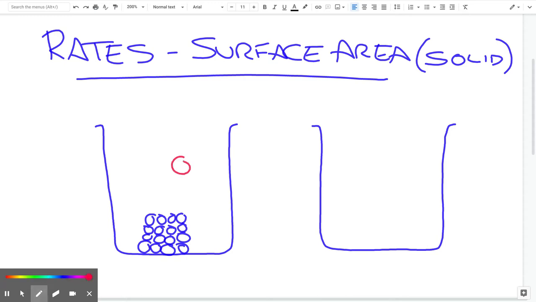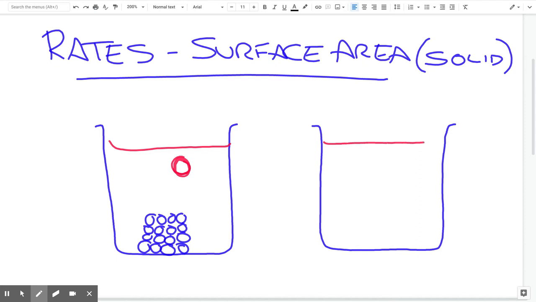Now, we'll imagine this is a solution, so obviously it's full of particles, but to simplify the diagram, we'll just have one reacting red particle there, and we'll do exactly the same thing in the other one. We'll have the same red reacting particle, but this time instead of having a 4 by 4 particle diagram, we'll chop it up and split the 4 by 4 piece of solid into four